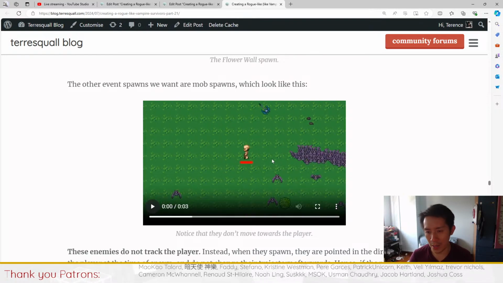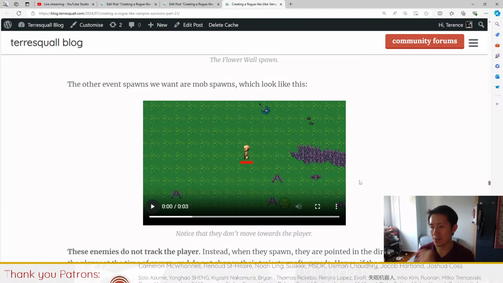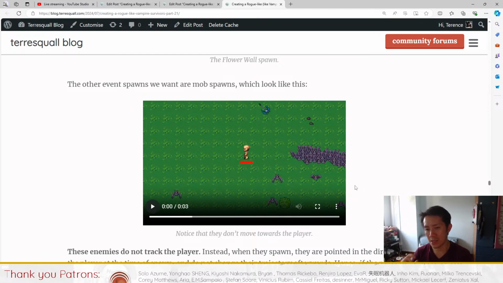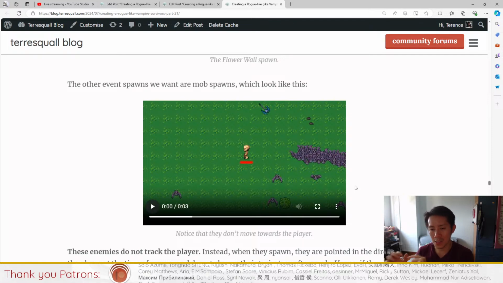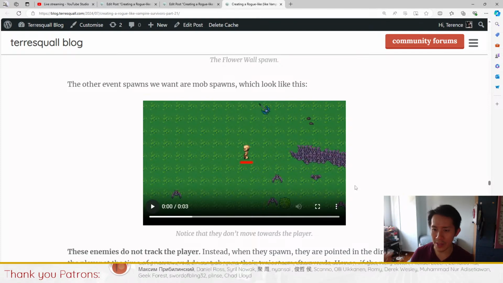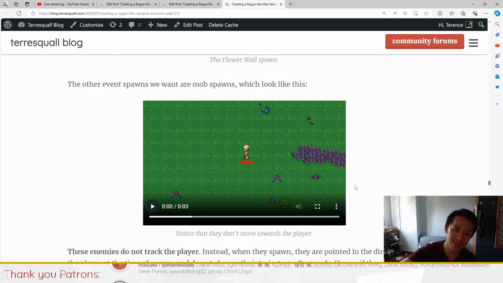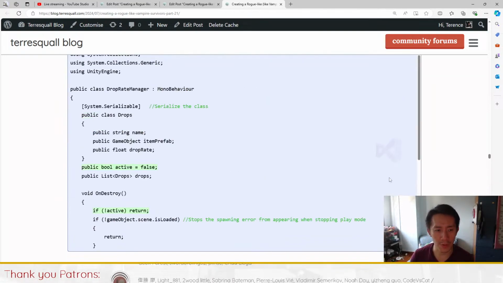So if you look at the bats over here, it's a swarm of bats, and they spawn outside of the map. The first time they spawn outside of the map, they are going to register as off camera. So we want to make sure that when they first spawn, even if they are outside of the camera, they do not despawn instantly. They only despawn when they come into the camera once and then fly out of the camera. And this is why we have a little variable over here